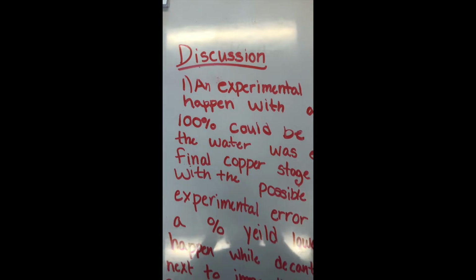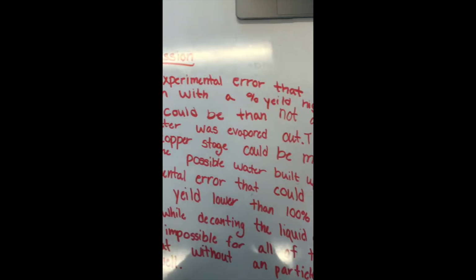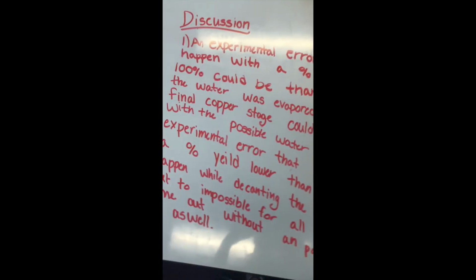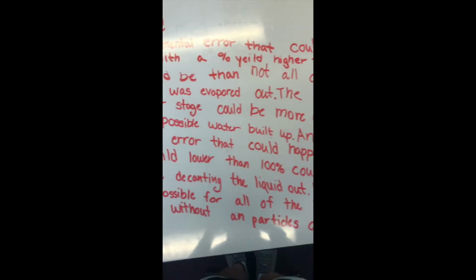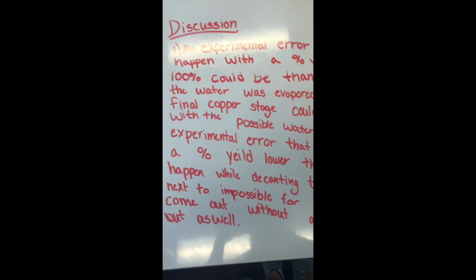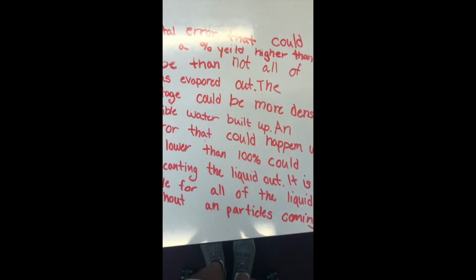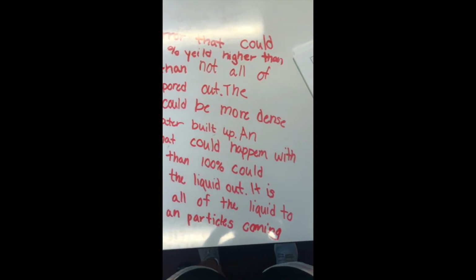For the discussion, question number 1, experimental error. An experimental error that could happen with a percent yield higher than 100% could be that not all of the water was evaporated out. The final copper stage could be more dense due to the possible water buildup. An experimental error that could happen with a percent yield lower than 100% could happen while decanting the